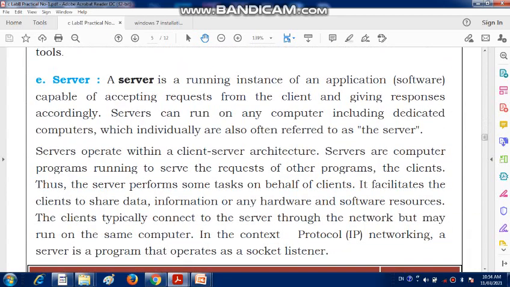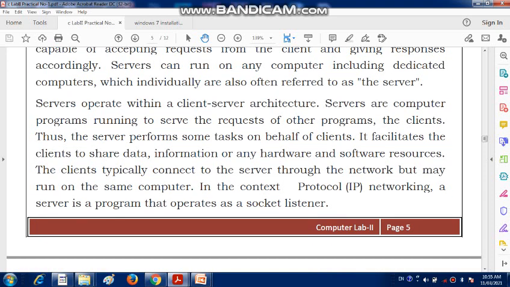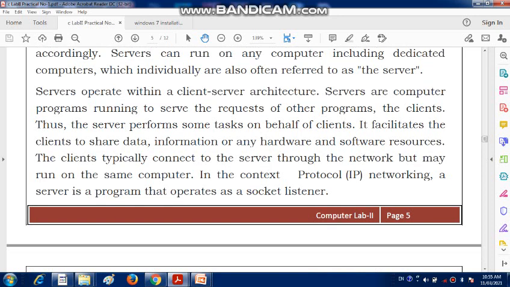Then the next is a server. A server is a running instance of an application, that is software, capable of accepting requests from different clients and giving the response accordingly. The server can run on any computer, including a dedicated computer, which is individually also often referred to as a server. The server operates within the client-server architecture. The servers are computer programs running to serve the requests of the program, and the client; the server performs some tasks on behalf of clients.